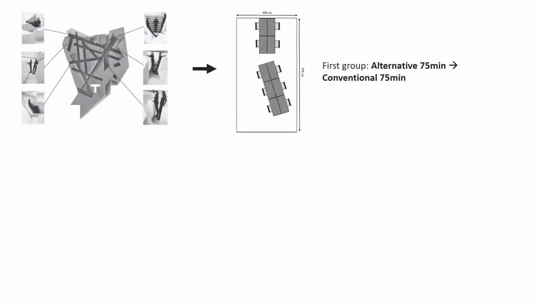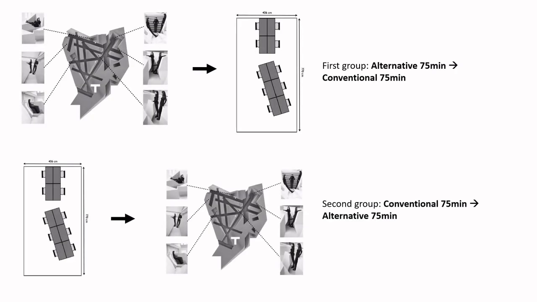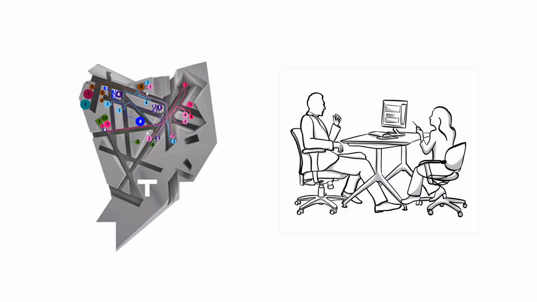To examine whether the newly designed room had potential benefits for the participants, two groups were created, working on their presentation in each of those rooms for 75 minutes. In the alternative office, as it was hypothesized, the participants were regularly changing positions since they had more affordances to choose from. In the conventional office, however, all but one participant spent all their working time in one static position,